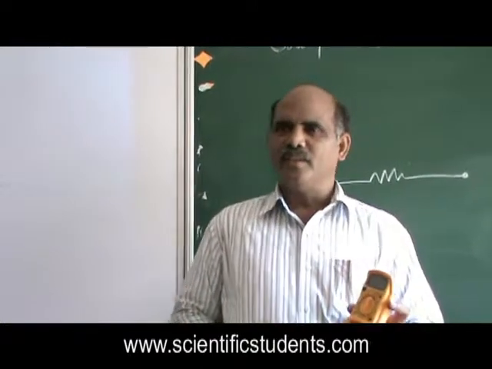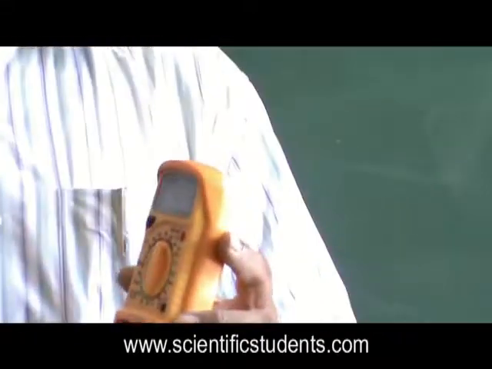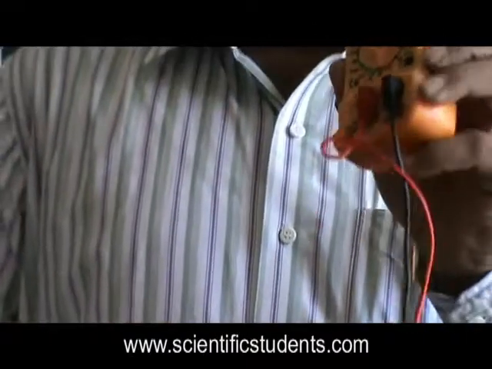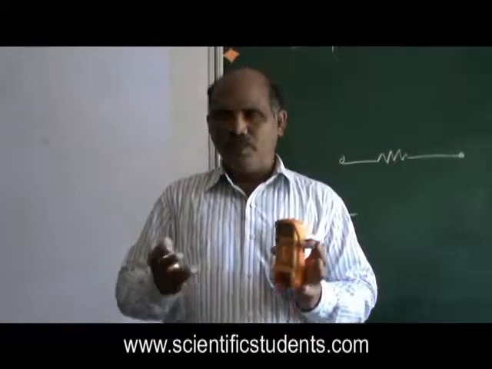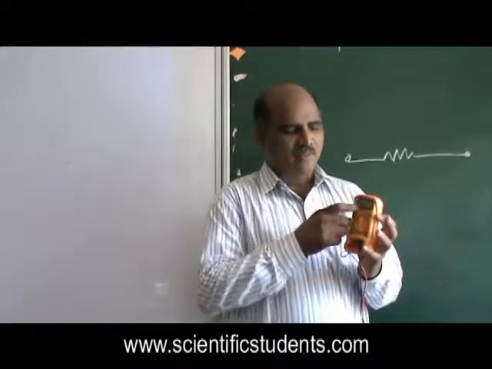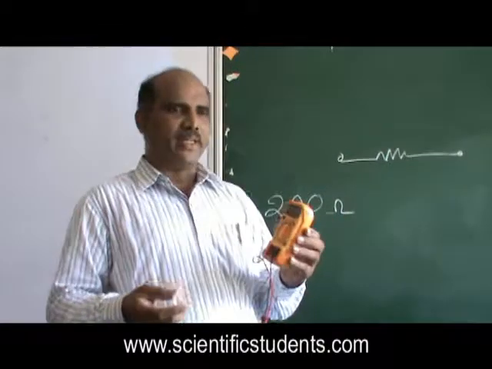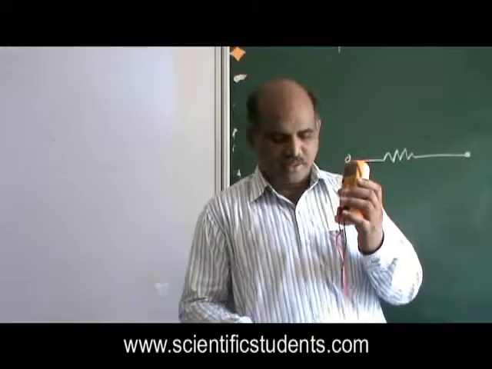You understand, my dear friends? Why is that? They have a resistor, they are trying to measure the resistance, but they kept it in 200, where you have told this multimeter to measure the resistance maximum up to 200 only. So will it measure more than that? It won't. Then it will always be in 1 only, showing open. Okay? And at that time what you need to do, suppose the colors are not there on the resistor.